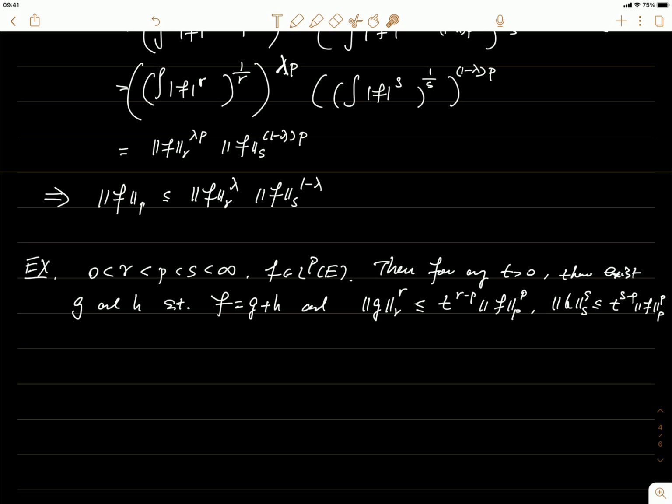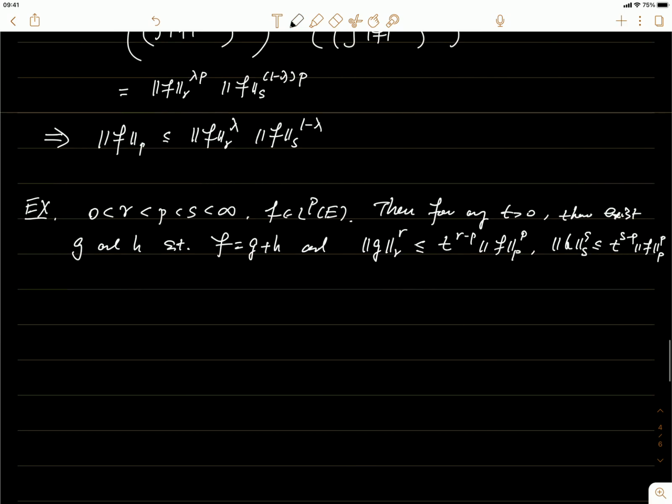Okay, so we recall that we just have again r and s, and the p is in between, and f is in L^p. Then we can show that for any t, there are two functions g and h, so that f can be decomposed into the sum, so that one of them, g, has an r norm to the power r bounded by the p norm of f with this additional term, and also h has something similar. So we're going to show one of them, and the other one is very similar. Okay, so we define